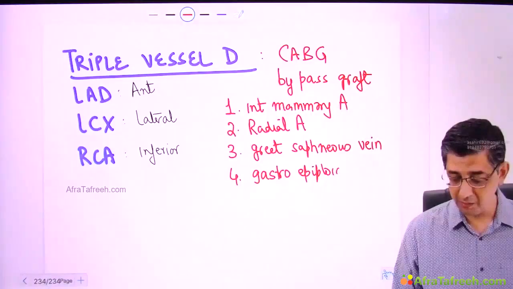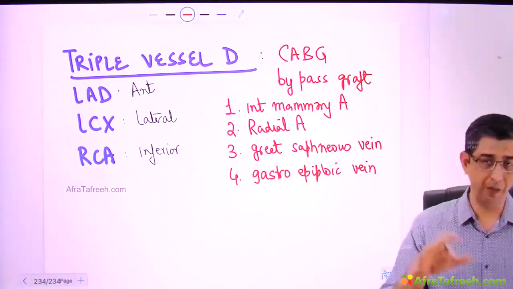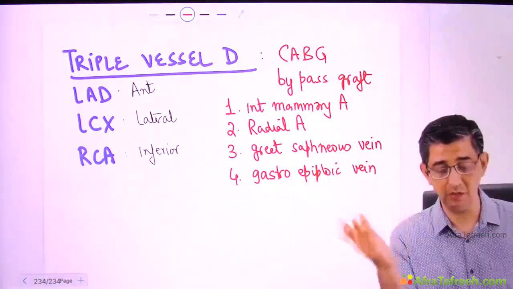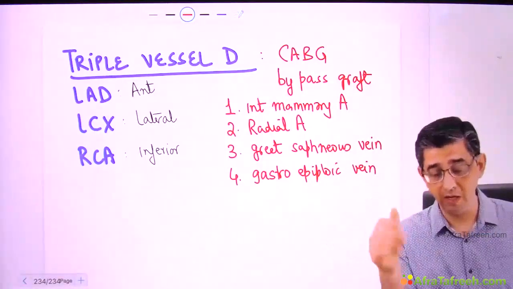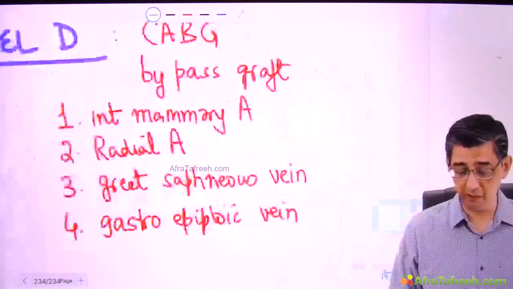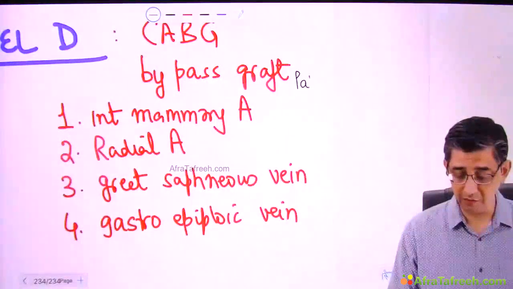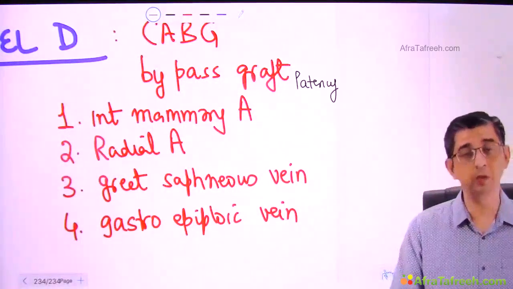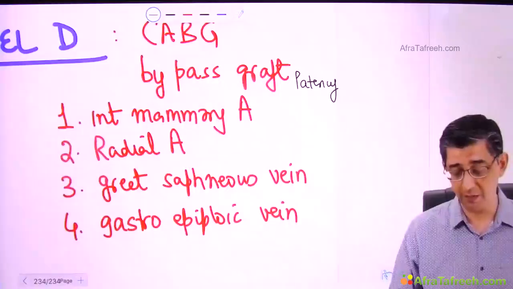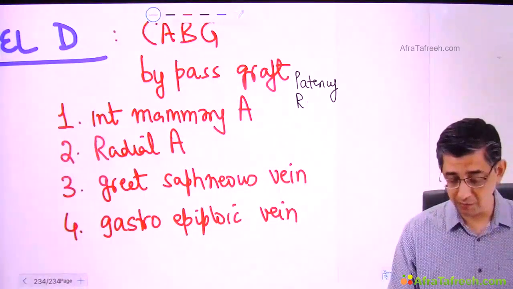But on a comparison basis, when you take up a patient who has undergone a great saphenous vein graft versus a person who has undergone an internal mammary artery graft, you will definitely notice that the patency rates will be different. What I'm saying next is just for your general information, so that you are more comfortable about why I am emphasizing the fact that the artery is superior as compared to the vein. This comes from the following data.